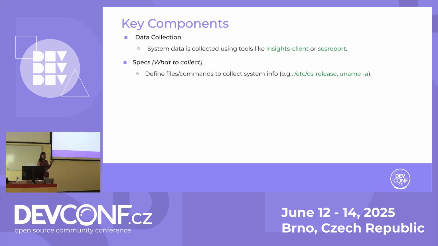And now we have our unstructured and raw data ready. Specs define the instructions: this is the source of the data which I actually need. Think of them like a blueprint. Specs will tell the framework the path of the data which I actually need. For example, we want to check the log which is present in the messages file, but we don't know the exact path. Specs will tell us that it is present in the var log messages directory.